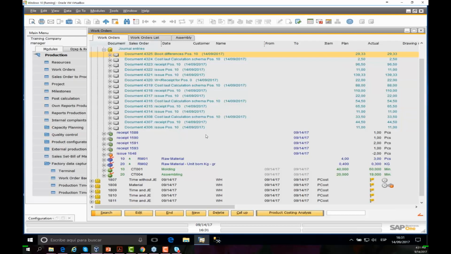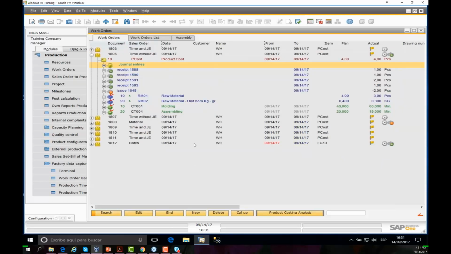We have to be careful with the product cost, depending on the cost that we decide to set up on the system. Is it planned cost or actual cost? And also we have to be careful with the accounting, because once again, you receive an item,